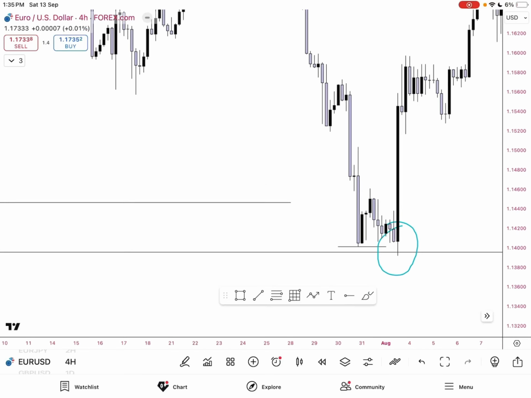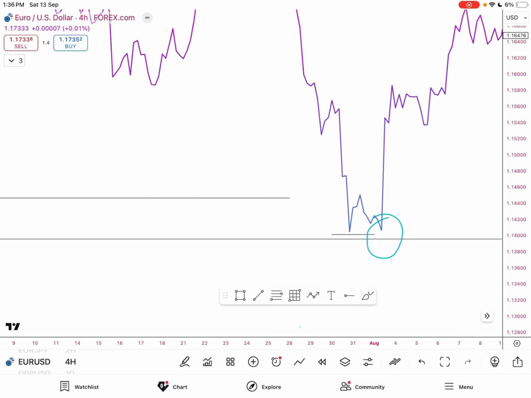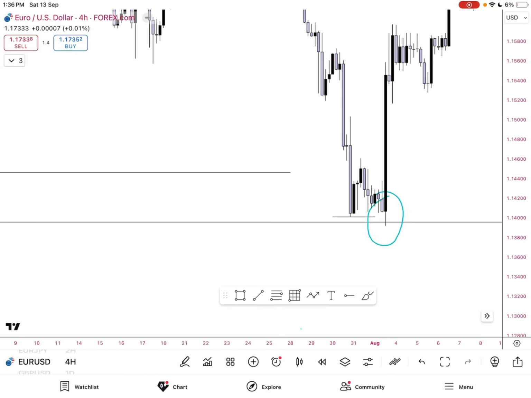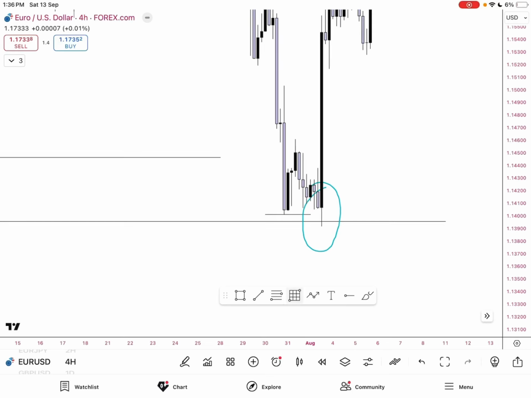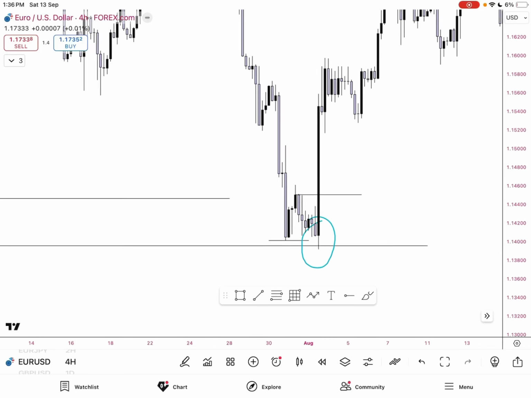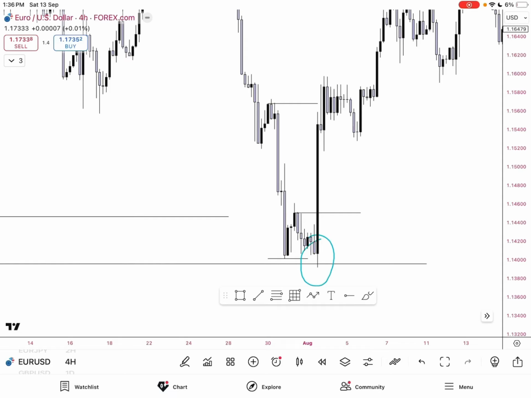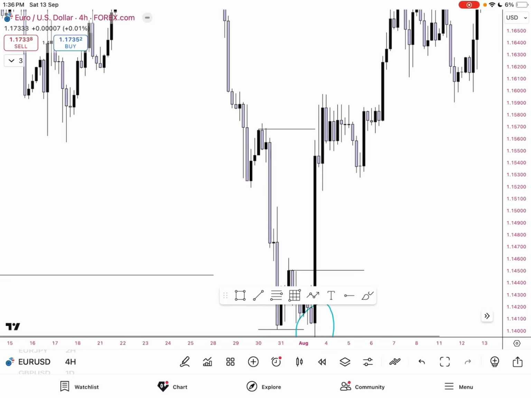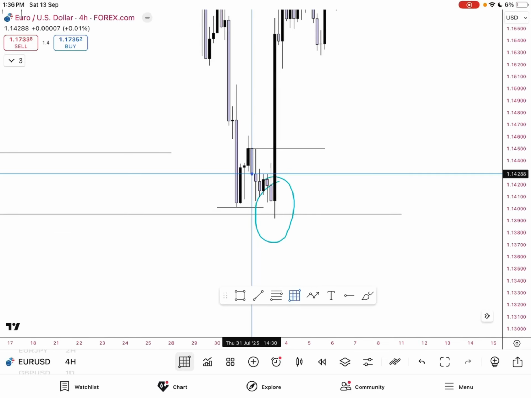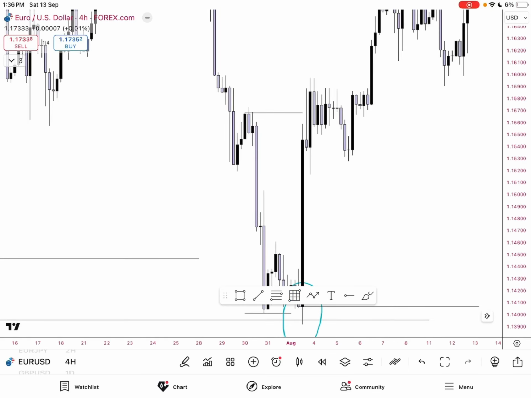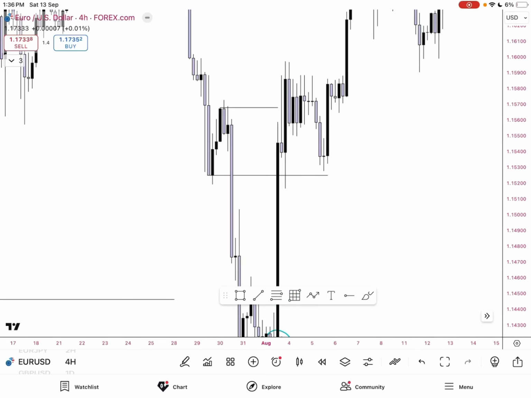where the structure has been broken? Understand where the structure has been broken. Any guess? The structure has been broken like here, and here also the structure has been broken. Now we look for entries in this area. We have valid entries in this area too. We have these entries, and we have this QM, and we have